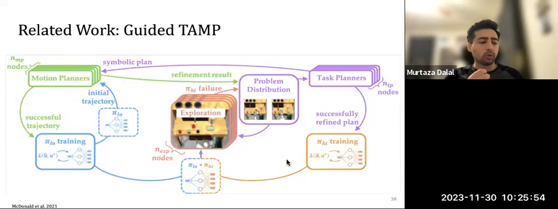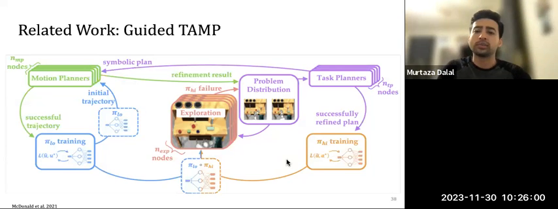Now, the core differences between this and what we're going to talk about today is that in our work, we're focused on training visual motor control policies, so going from vision to actions, which is a more realistic scenario that we actually will be able to use when deploying robots. And we want to really move away from using privileged information, which is what the guided TAMP paper leverages for its work. They also propose a hierarchical policy, which requires access to additional information that is not present at test time. In contrast, our system will use pretty much no additional information and just directly learn behaviors end to end.